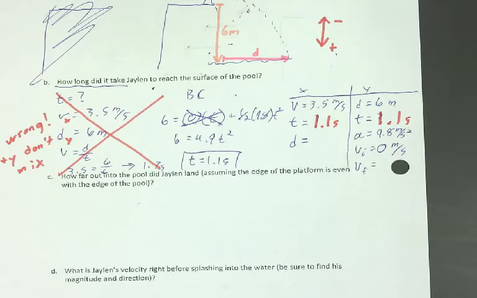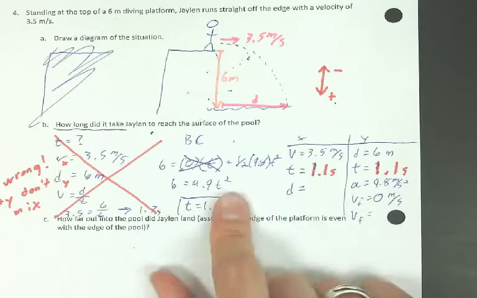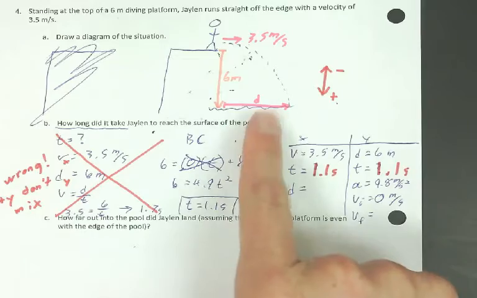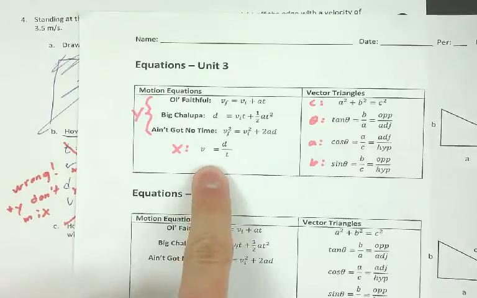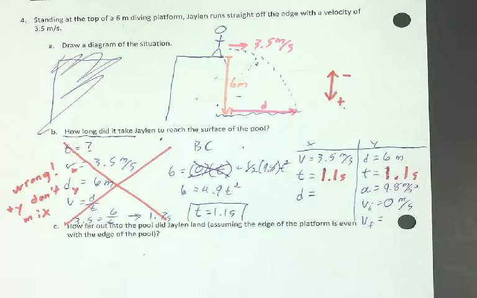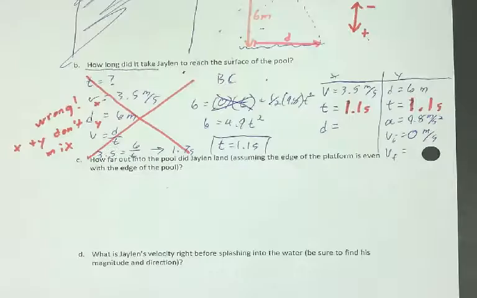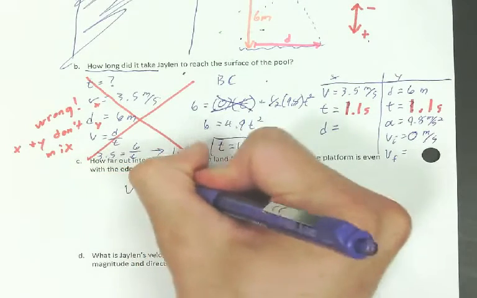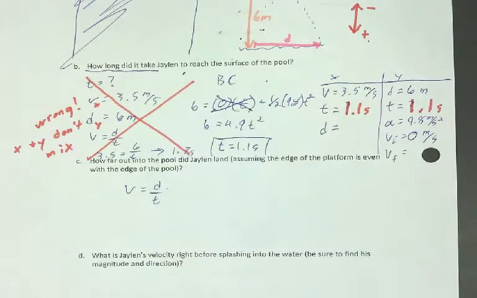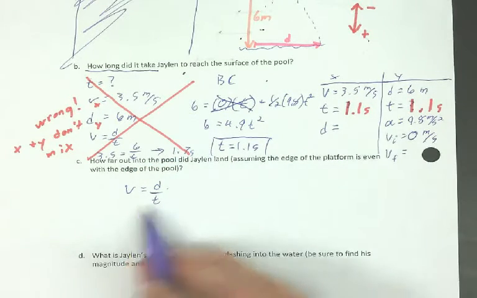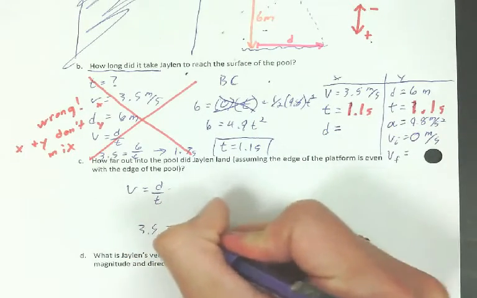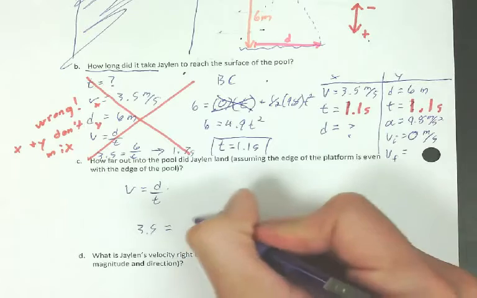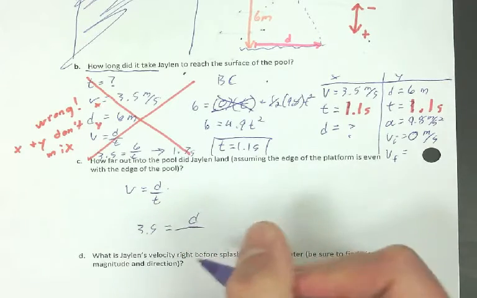So how far out from the edge of the pool did Jalen land? So that was this d here. So that is an x direction d, which means I'm going to be using my x direction equation, which is v equals d over t. All right, so we're using only x things now, no y things. So v is 3.5. d is what I'm solving for. t is